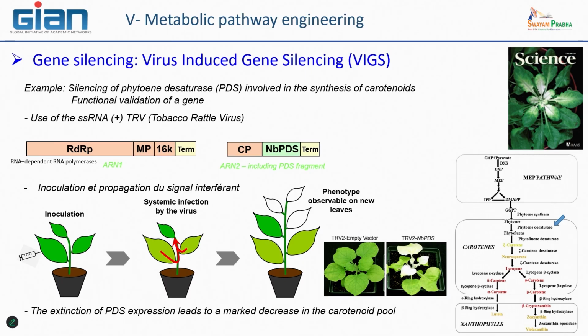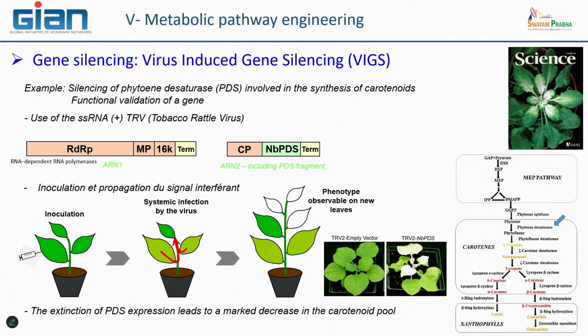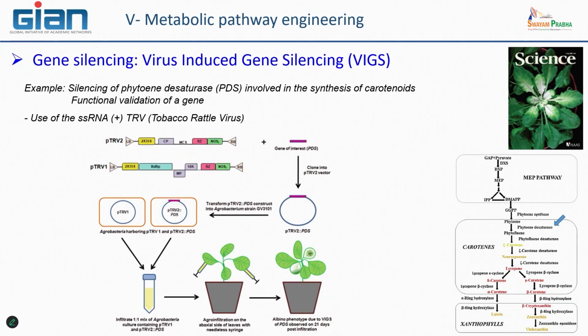And also you can compare to other controls that have no transgene, only empty vectors. It's just to see the effect of the manipulation by itself. You can see that here there is no consequence. It's not a mechanistic problem. It's just a question of the nature of the transgene you have included in your plants. And by this way, after you can compare when you integrate some specific targeted gene.